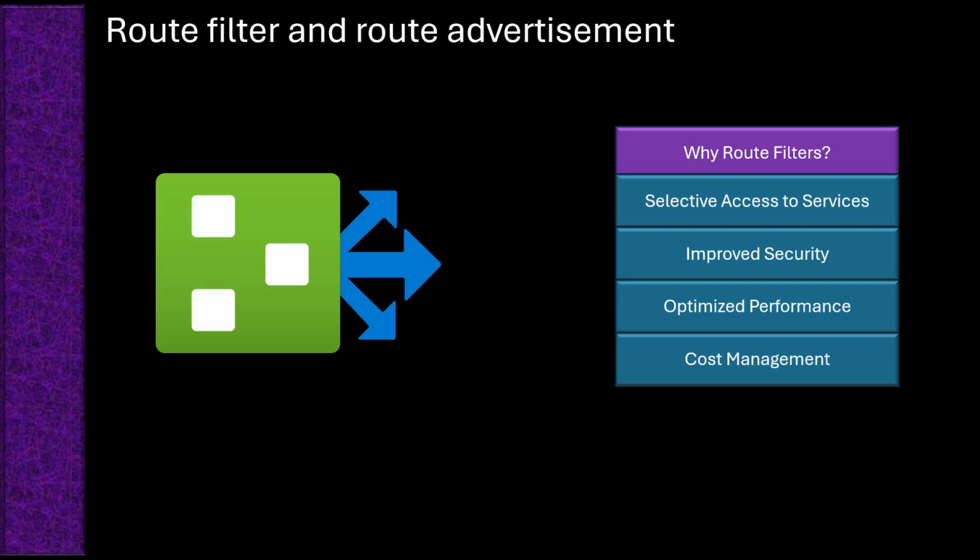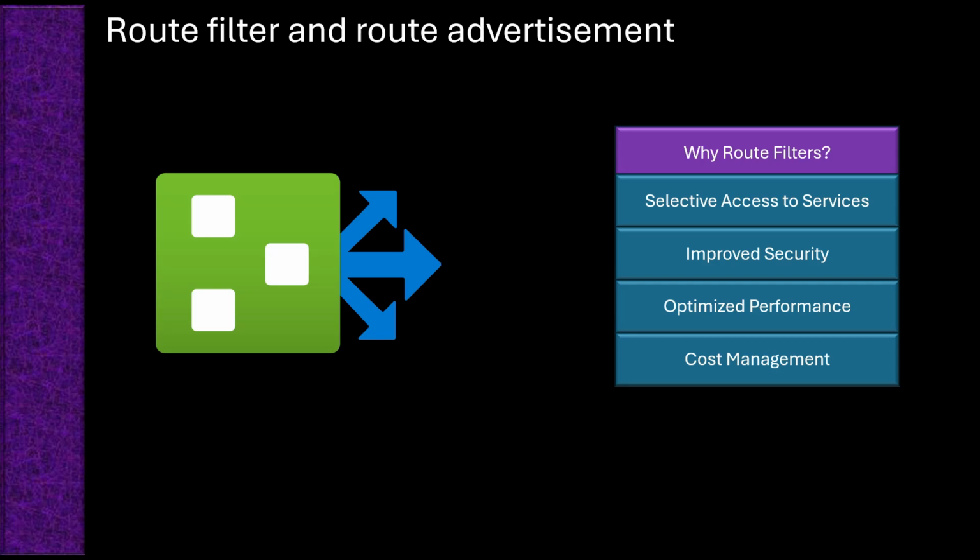Let's unpack what the route filter is. A route filter in Azure ExpressRoute is a tool that allows you to control which specific Azure services and regions are accessible over an ExpressRoute circuit by filtering the BGP routes advertised to your network. This selective filtering is important for managing network traffic and optimizing connectivity, especially in large or complex environments with